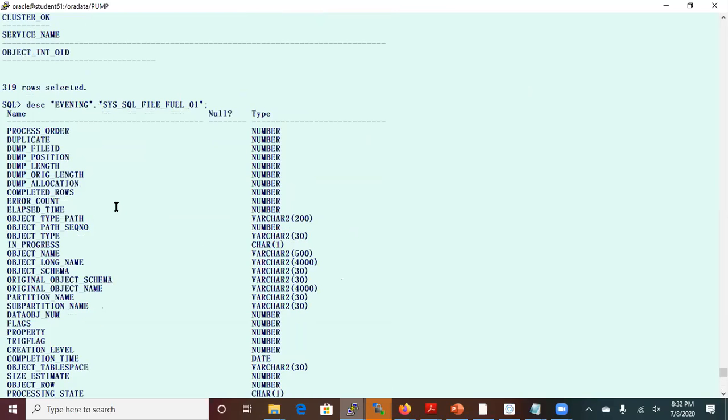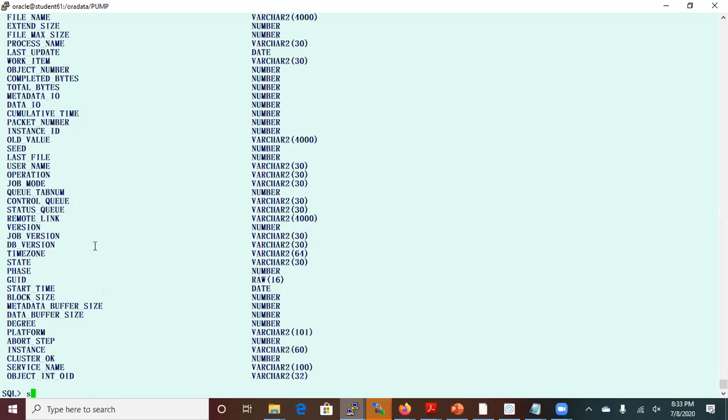So those are all the information that we have about the master table. The master table holds the process order, the application, the dump file item, the position, the dump length, the dump allocation, the elapsed time. That's actually interesting. So we will be able to see the time from the beginning of the job, import to the end. So let's select the elapsed time